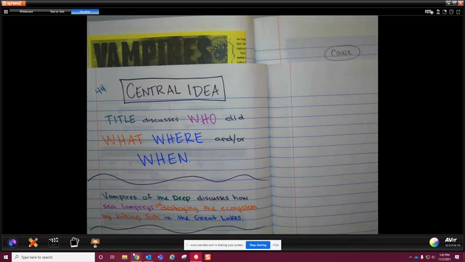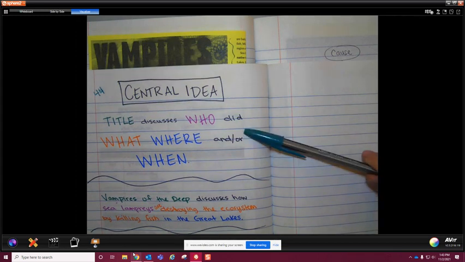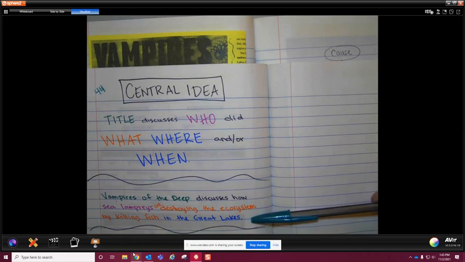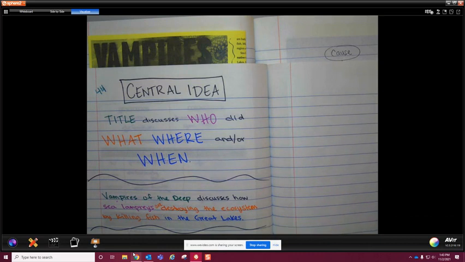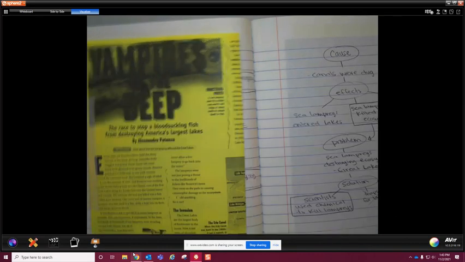It's very quick and to the point. So that's what we ended up doing for that one. So again, I'm following this outline to help me create the central idea, which is a 1-sentence central idea, including who, what, where, and or when. Okay, so the next one that we ended up doing is